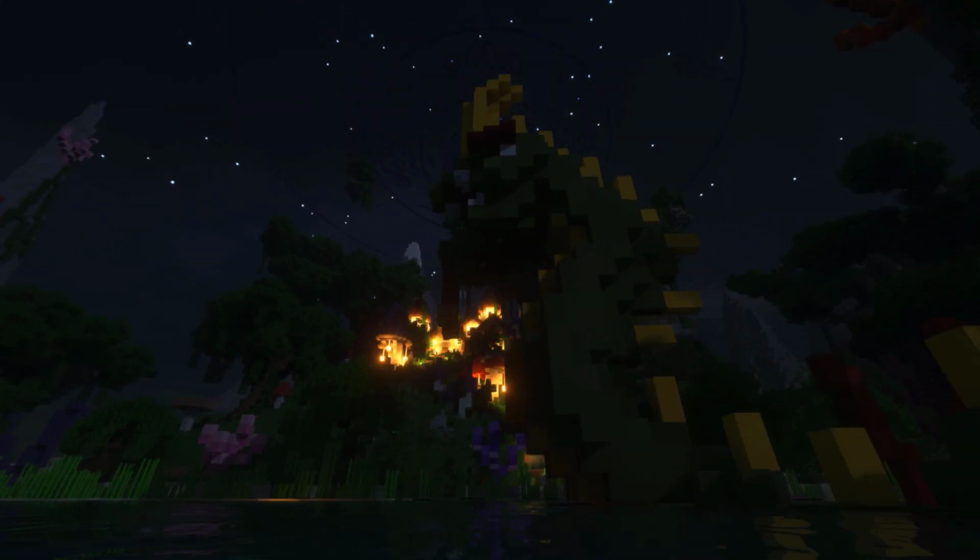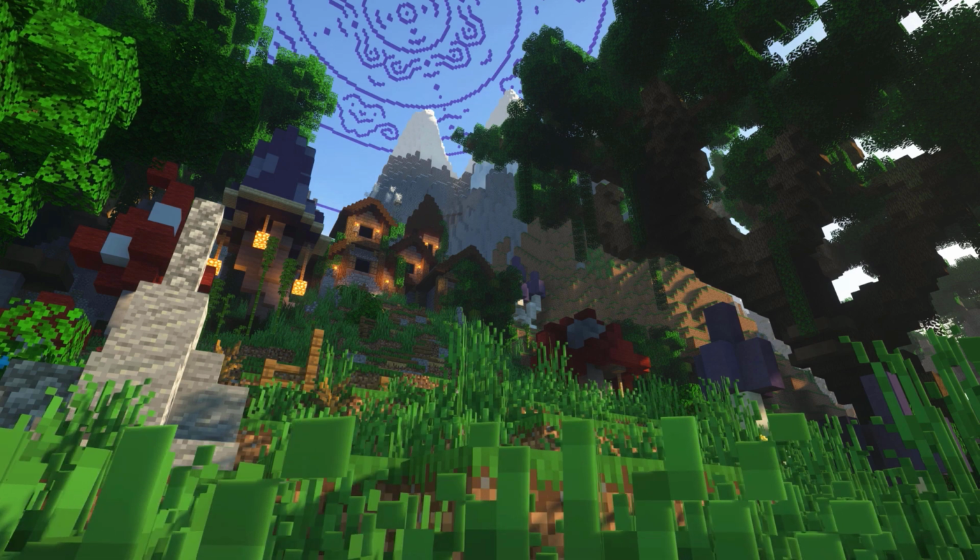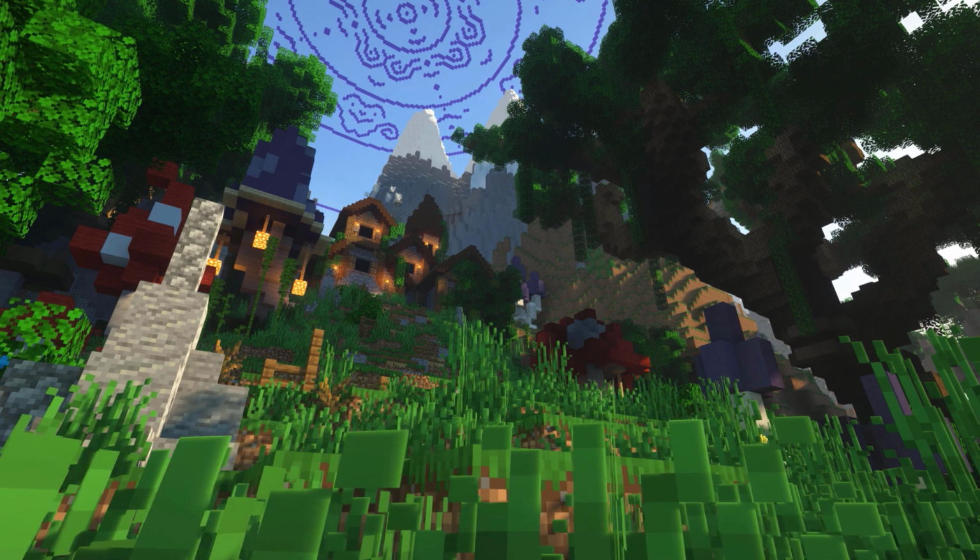Don't worry about that. He's like the guardian of it all. In the center, there's a castle, and if you go into the castle, there's like a little cave, and it's pretty cool. This was just a fun build to make, and I don't think I'm done with it yet, to be honest. I think once I get a better monitor, I'm gonna be making a video of me building